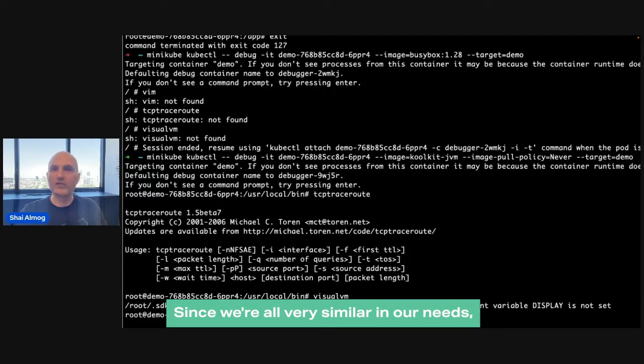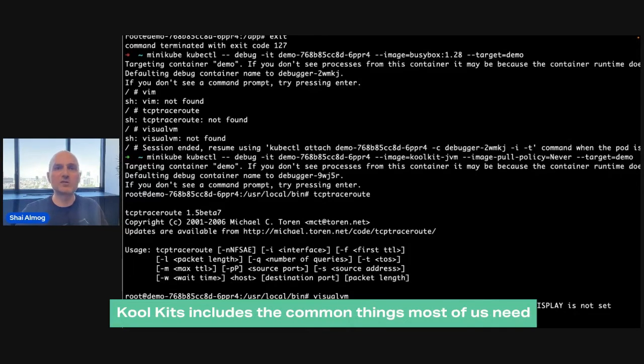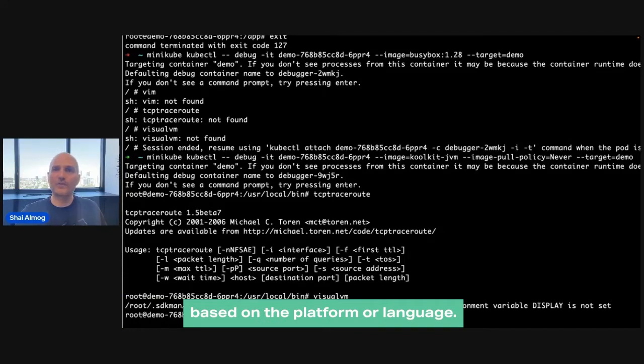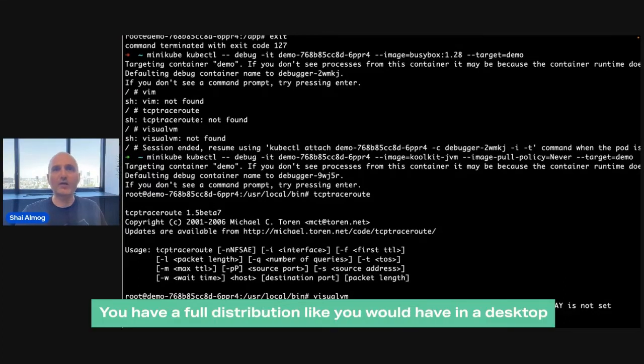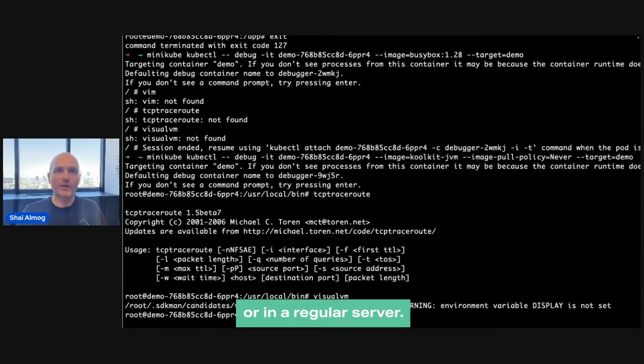Since we're all very similar in our needs, KoolKits includes the common things most of us need based on the platform or language. It has sensible defaults and comes with Ubuntu as a distro. This is important. You have a full distribution like you would have on a desktop or a regular server. This is very helpful for debugging.